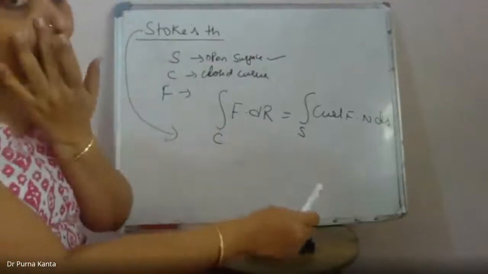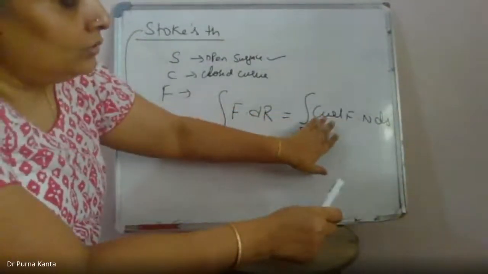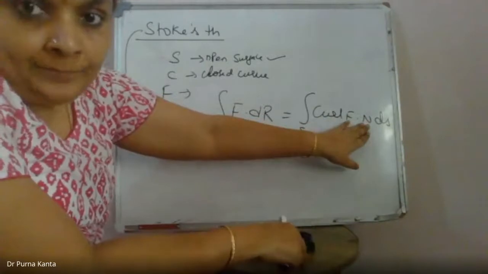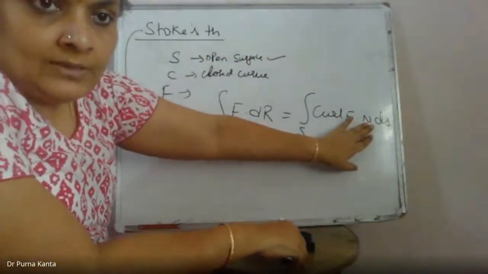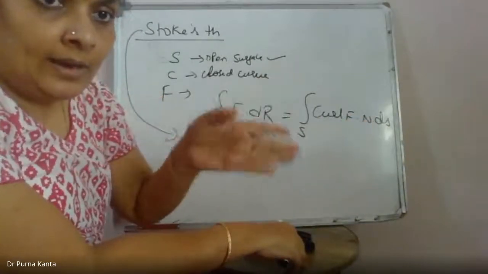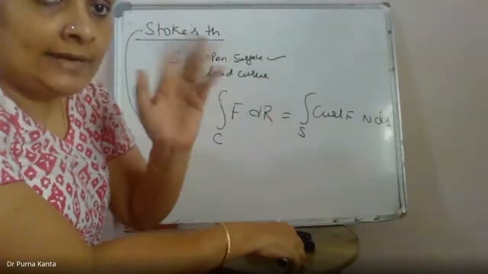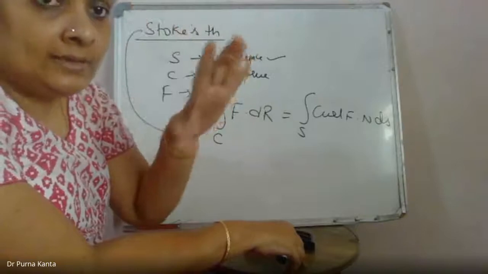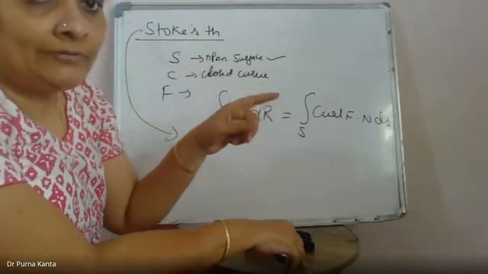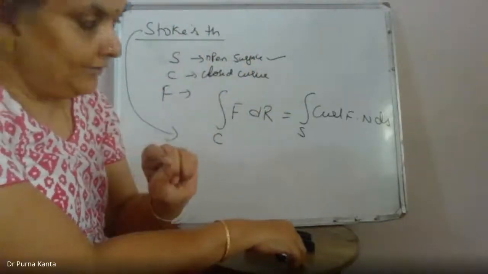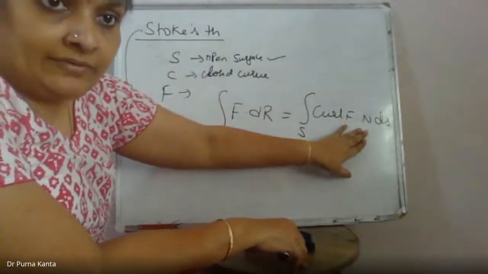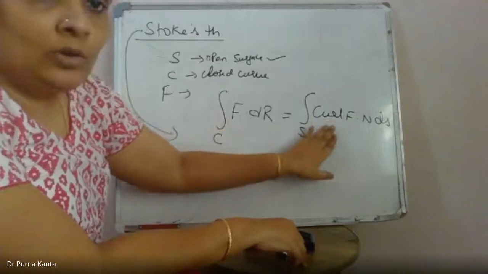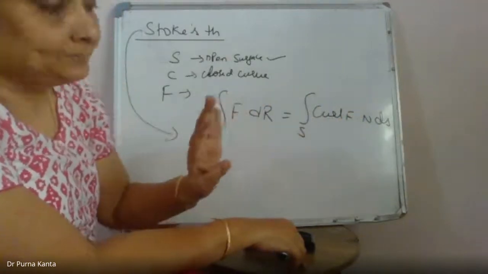In the last class, we have seen some problems related to the integral of f dot n ds, where n is a unit normal drawn outward. If it is a plane, we take the unit vector accordingly as i, j, k. Or if it is given as a surface, you have calculated n by the formula grad phi by mod grad phi. So for f dot n ds, we have seen in the last class how to calculate the surface integral. Similarly, here we take the integral over S of curl f dot n ds.